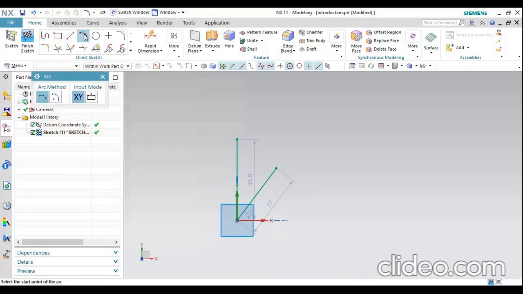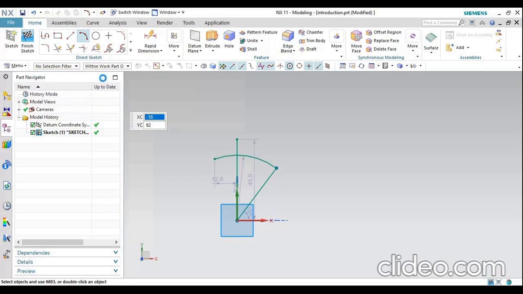Then again click the arc method. Then arc by center. You have to define the center here, and where you want to start the curve, from here. Then after, to somewhere else here. These are the two differences between arc by 3 points and arc by center and endpoints.